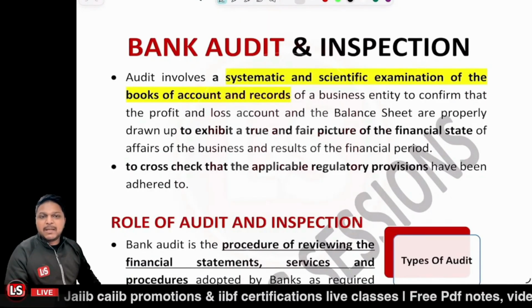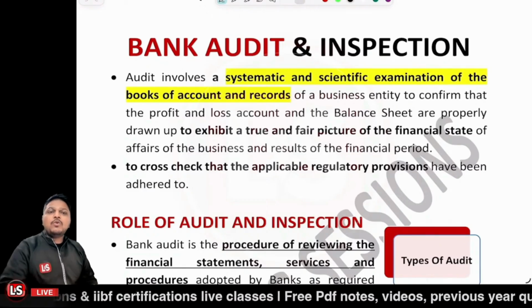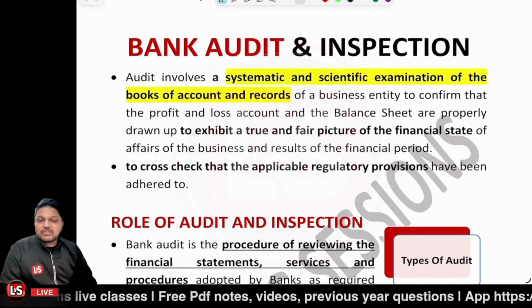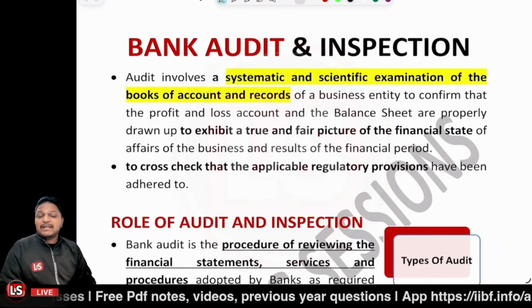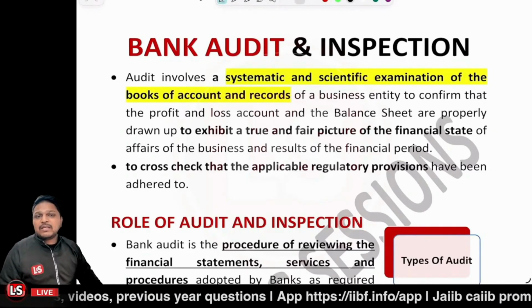So that's about the bank audit and inspection. Now audit is actually related to what? That you are going to examine, right? And that examination is not a general examination. It's a scientific examination that you are to look logically into each and everything, that is it working all fine